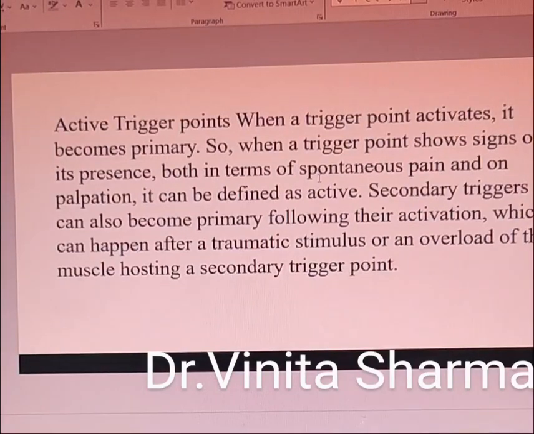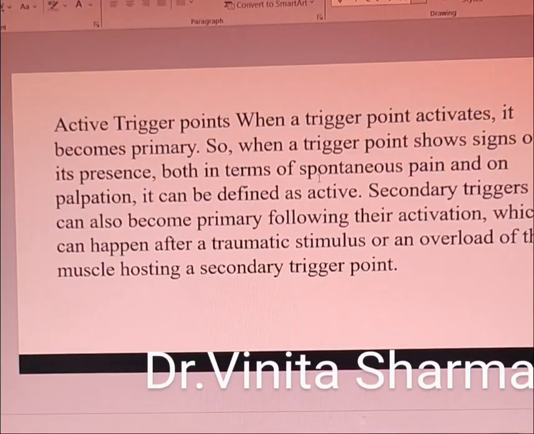Then active trigger point: where a trigger point activates, it becomes primary. So when a trigger point shows signs of its presence, in terms of spontaneous pain or pain on palpation, like when you are pressing over the upper trapezius, at the mid of the clavicle, not exactly on the clavicle but with the forefinger above the clavicle, you find a trigger point in patients who are working on laptops. It can be defined as active, because when you press it, it gives you